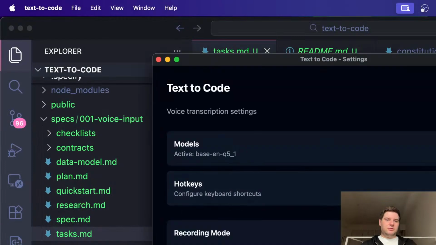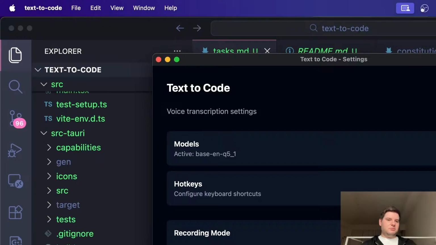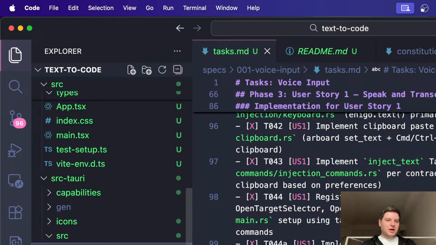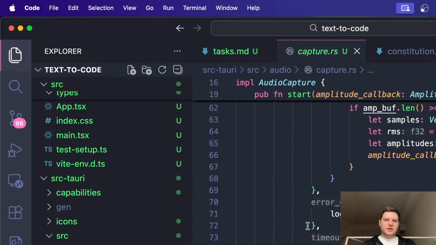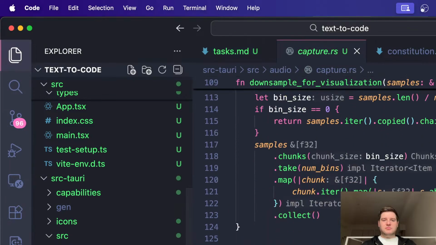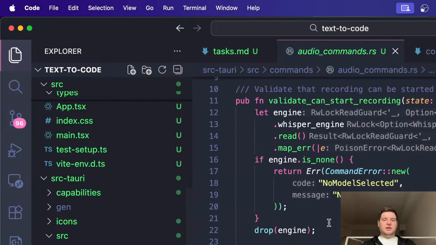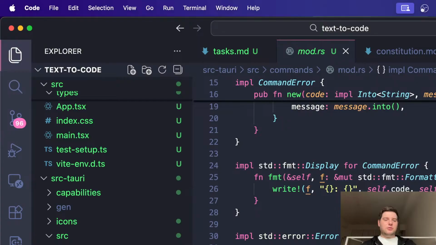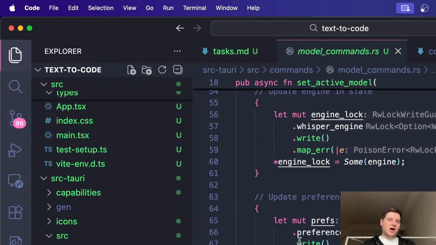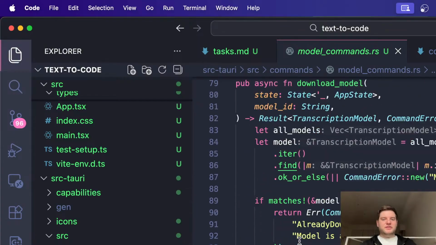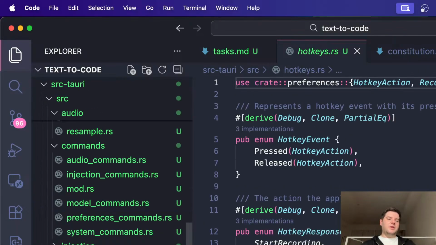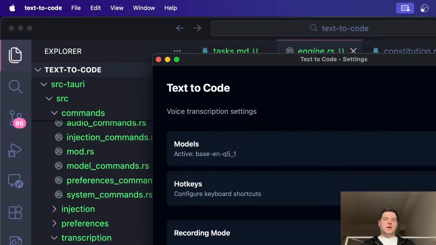I've got however much code now, it's quite a lot of code already, that I have no idea about because I've not written a single line of it. So I'd have to read it all. I'd have to understand the architecture. I've read the README and stuff, but I don't actually understand the architecture or all the code. So I am relying on